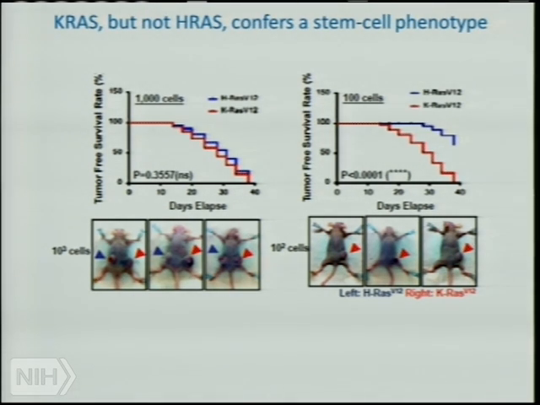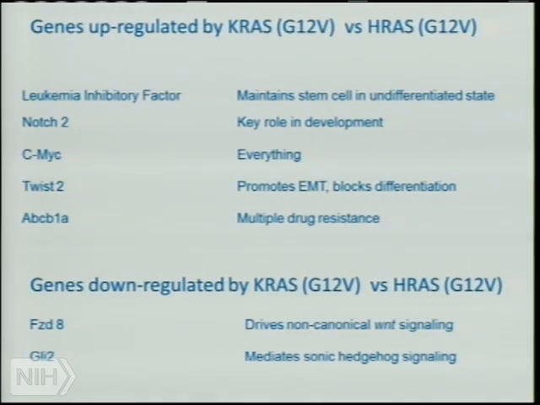KRAS also turns on drug resistance genes and stem cell markers. HRAS doesn't. So we think this is a completely new aspect of KRAS signaling that has therapeutic possibilities. So we looked at genes that are differentially regulated by KRAS versus HRAS. And the one that jumped out most obviously was a cytokine called LIF, which is a member of the IL-6